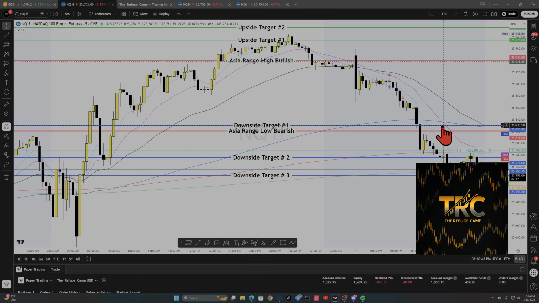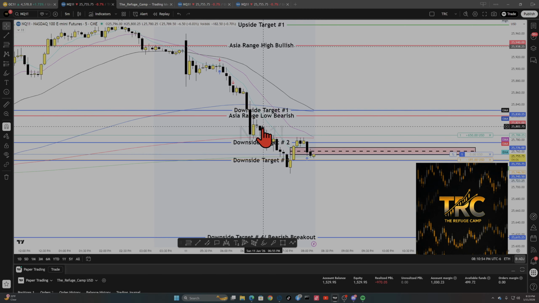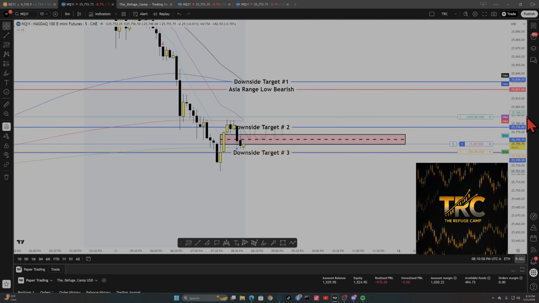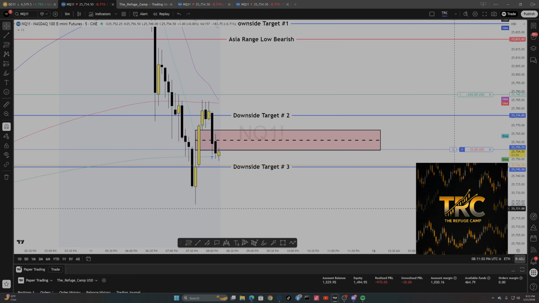It got blown through, right? So if you would have tried taking an entry based on a fair value gap here, you would have got completely disrespected and you would have lost instantly. So that is why you have to have more than just a fair value confluence